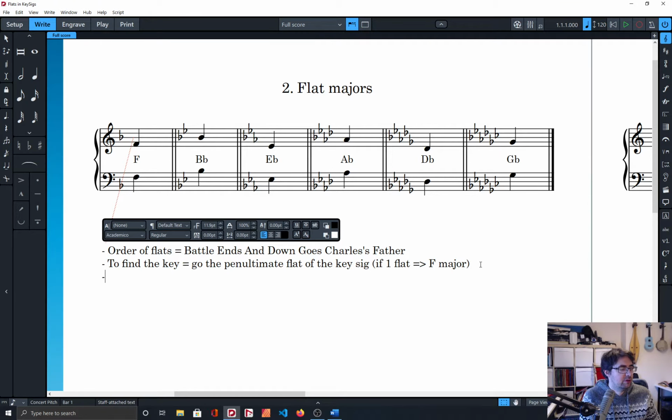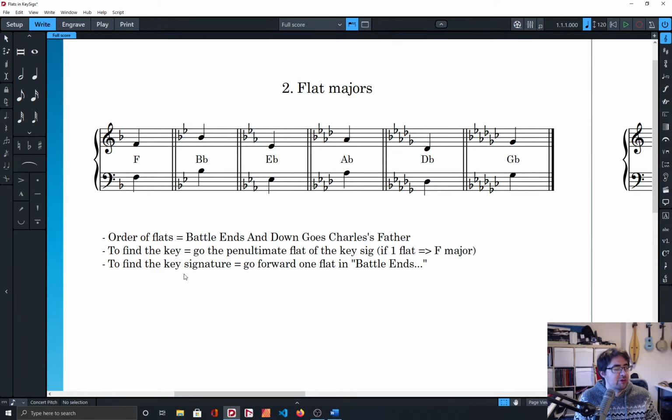So to find the key signature, again, this is kind of a bit weird. You just go forward 1 flat in battle ends. So this is a bit weird, so let me just explain what I mean. If we're looking for B flat,